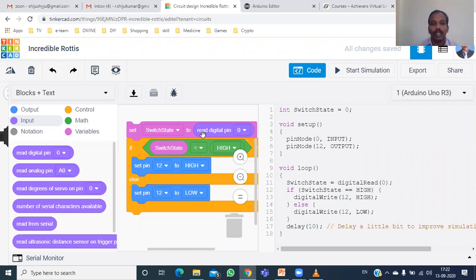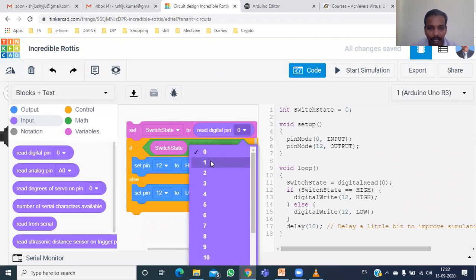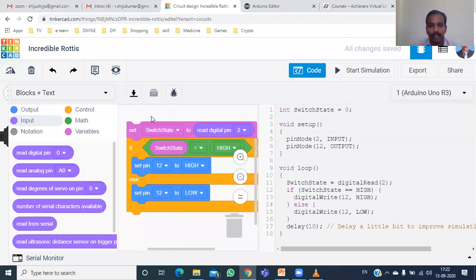That is, set switch state is equal to read digital. That is pin number 2. So see here, this pin mode 2 is the input pin, pin mode 12 is the